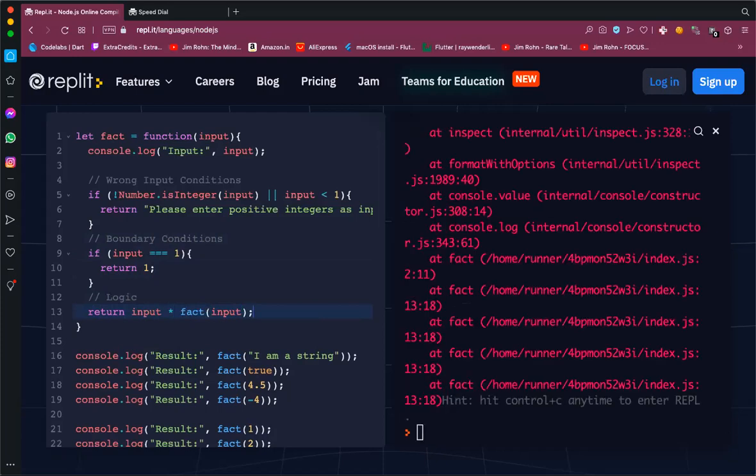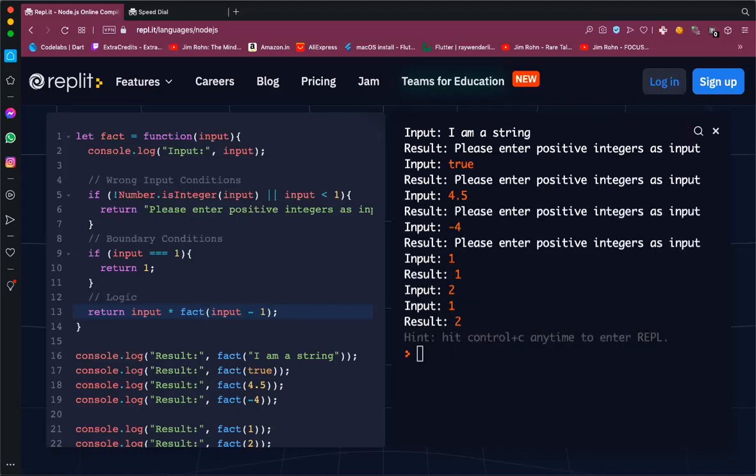But it is not working. Why? I made a mistake here. What is the mistake? It went into infinite recursive loop. What is the mistake here? Yes, I made a mistake in the recursion. It should not be input into factorial input. It should be input -1. Now if I run it,